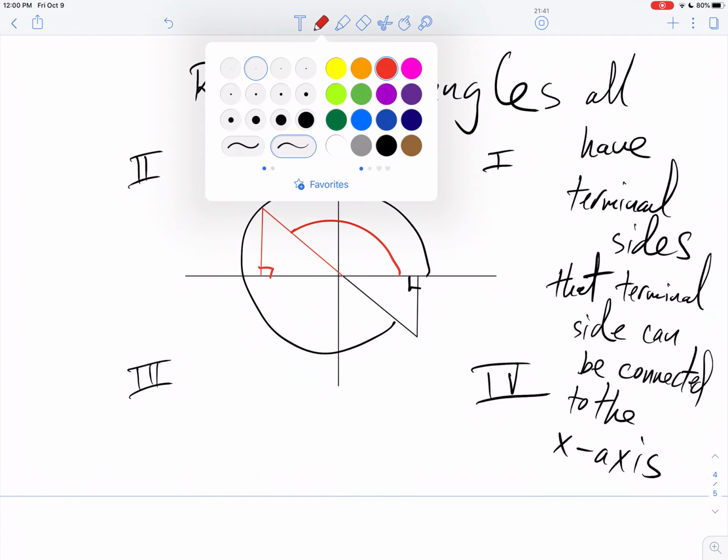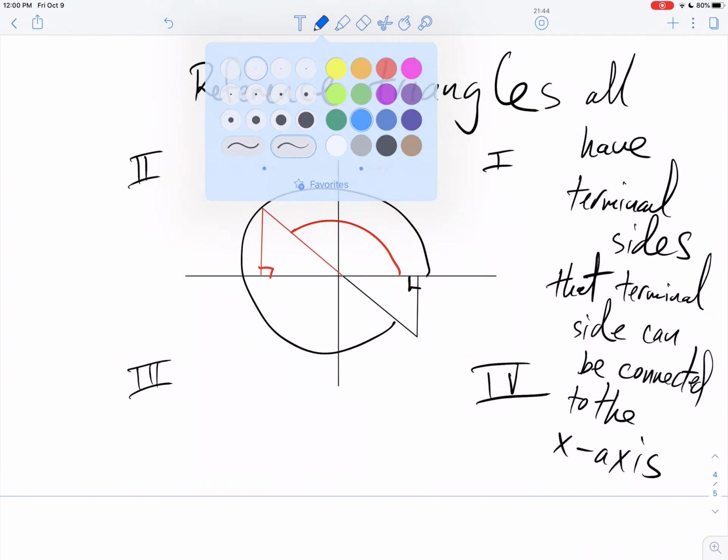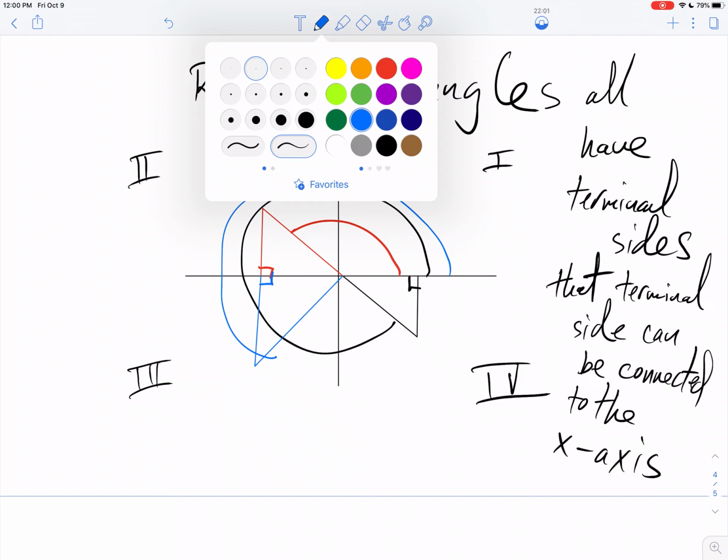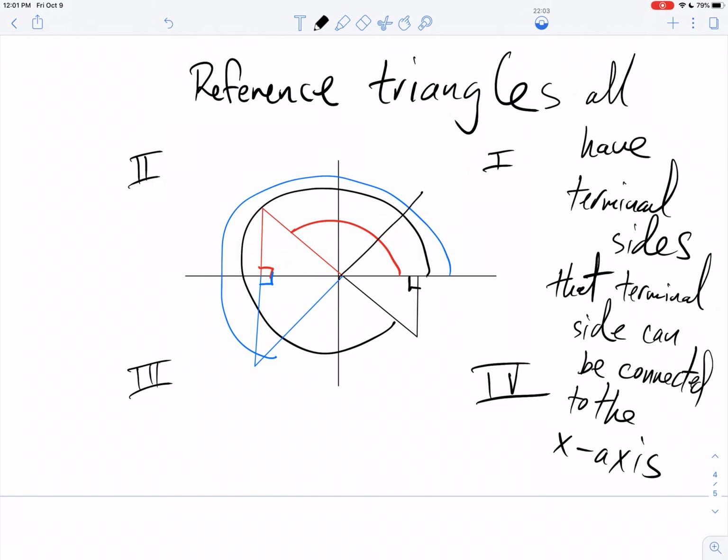Hang on, I'm trying to get a different color pen. I could draw an angle with a terminal side connected to the x-axis. I've got myself a reference triangle. Okay? I can end up in any of these quadrants. I could end up in quadrant 1. I could end up in quadrant 2. I could end up in quadrant 3 or 4, but whatever happens, I'm going to end up with a right